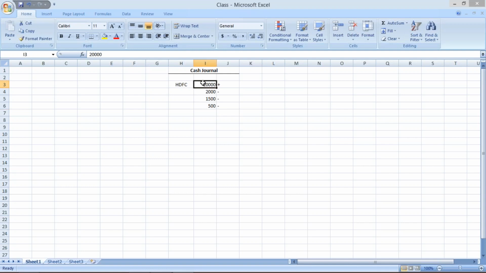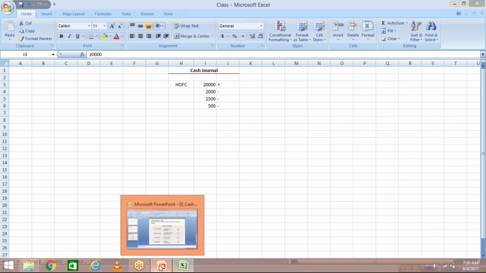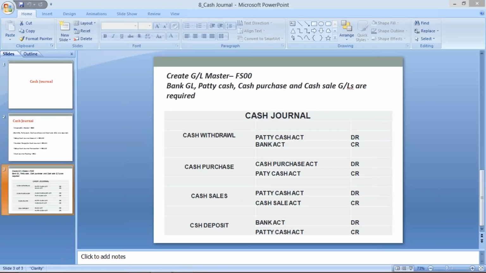Whoever the cashier is, he or she keeps watching this, and once the amount decreases to 2,000 or 3,000 rupees, they are going to withdraw the remaining 17,000 or 18,000 once again, to maintain a budget of 20,000 rupees. That is the procedure. So here, what is the maximum transaction which can take place? Generally, we can withdraw from the bank. So during withdrawal, what is happening?